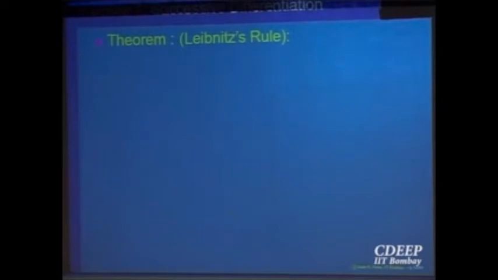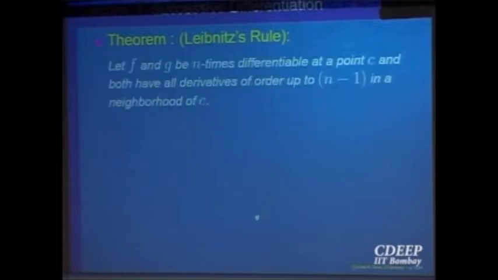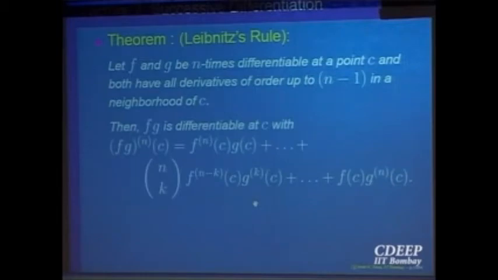There is a formula which you all know, what is called the Leibniz rule, for finding the nth derivative of a product of two functions. If you are given two functions f and g, both differentiable n times, then the nth derivative of f into g you can compute, right? Normally you prove it by induction. Since you have already done it, I will not repeat it. So f and g are both n times differentiable in a neighborhood of the point, and the nth derivative of f g is given by something similar to the binomial expansion, right? Instead of the power, it should be interpreted as the derivatives.